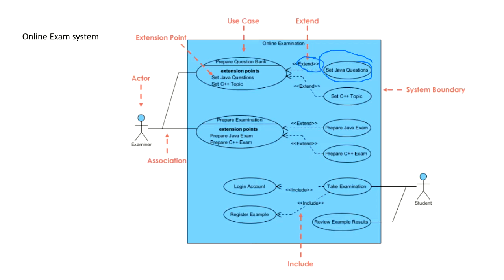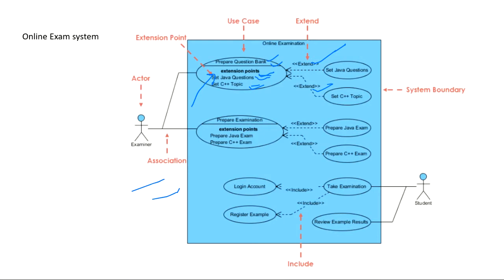Okay, extension points. This says these are your choices. It is nothing but just what you have shown with the help of extend. You have just a visual representation here only. So if a person sees this use case diagram and, first of all, sees this use case, prepare question bank, then he need not see left or right. He can directly see that whenever you are preparing a question bank, you have two options. Either you can use Java questions or you can use C++ questions.